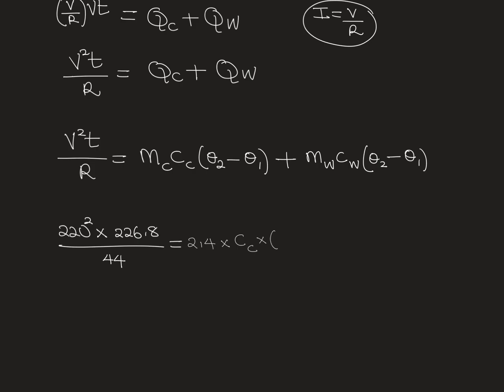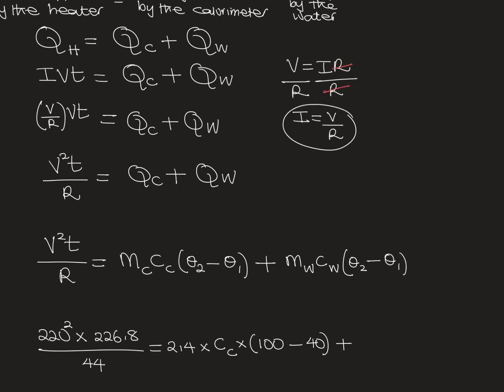Since the water was heated until it boils, the final temperature is 100 degrees Celsius because pure water boils at 100 degrees Celsius, minus theta 1, the initial temperature, which is 40 degrees Celsius, plus